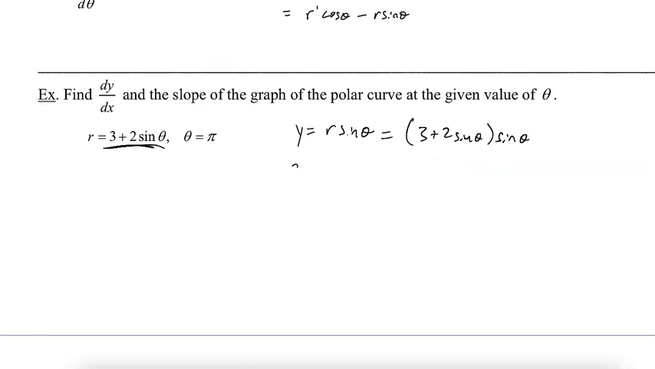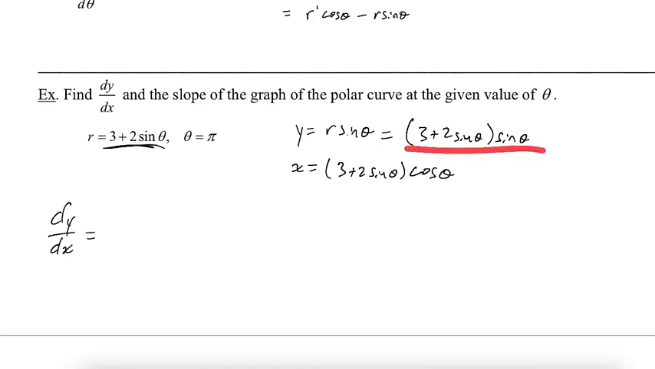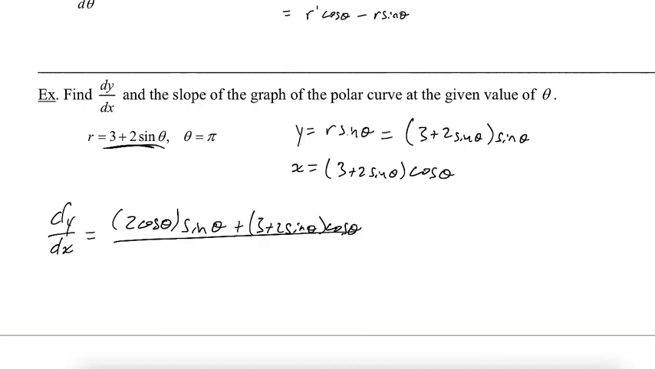Okay, same deal for x, but x is r cosine, so that becomes 3 plus 2 sine theta times cosine theta. And now for dy/dx, this is why I don't memorize that formula, because I know all I need to do is take the derivative of this and put it over the derivative of this. So 3 plus 2 sine theta, the derivative of that is just 2 cosine, and then times sine, plus 3 plus 2 sine times the derivative of sine, which is cosine theta. All of that over,